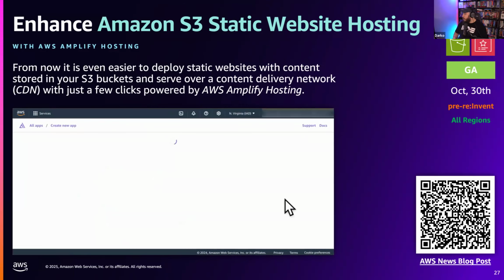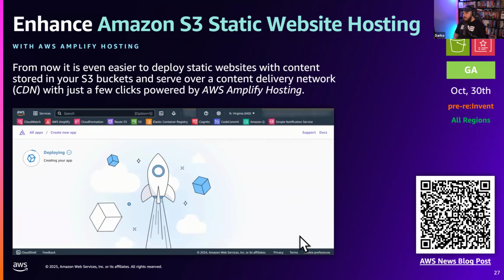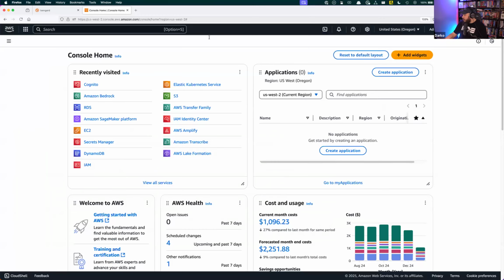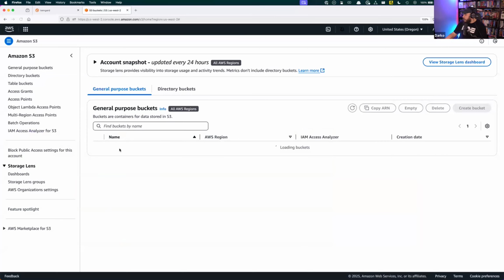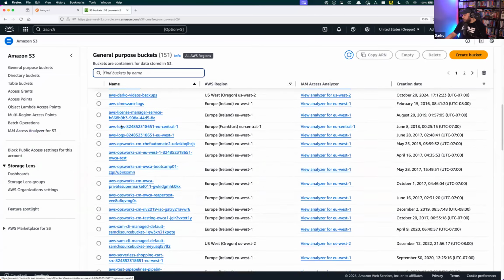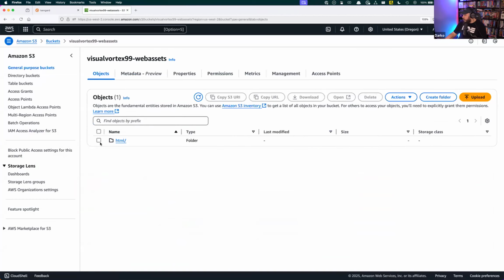I appreciate that. So Amazon S3 static website hosting is great. Actually, I want to see if I can show this to you relatively quickly. Maybe I can do this like so. Okay, yeah, and you can see the new console. Look at that. Beautiful. So if I go to a bucket here, and I need to see which bucket could it be. I don't even know if I have a website bucket. I have something here. Let's see.